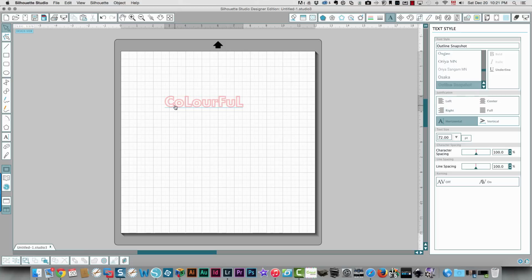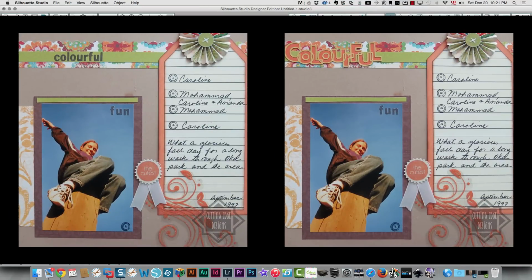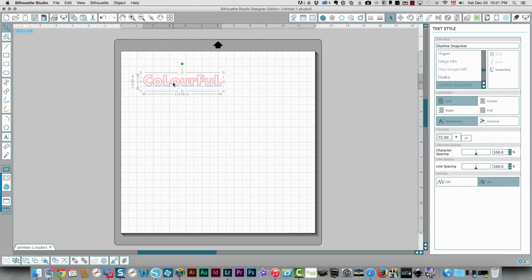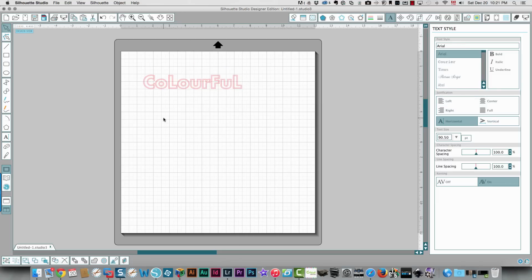And my title, what I'm doing is I'm replacing a title on an old layout. It was a little bit boring, so I decided to jazz it up a little bit. And I can use up to 6 inches across on my title. And I'm just going to do this roughly now because I'm going to move my letters together and rearrange them the way I want them. And to do that, I need to ungroup. Once I've done that, I'll just click away, and I'm going to start moving my letters closer together,